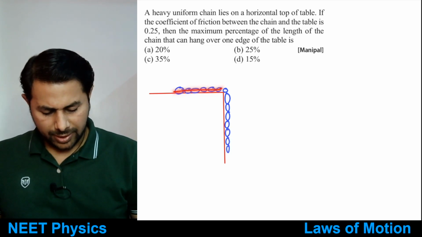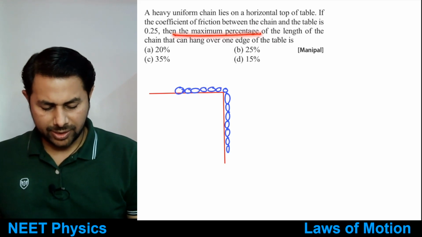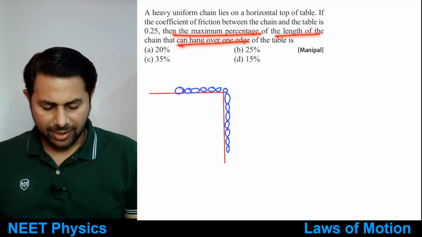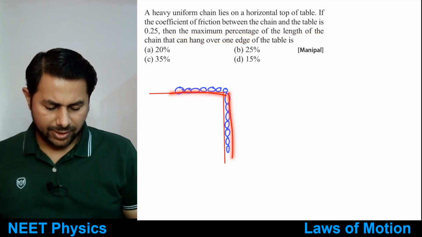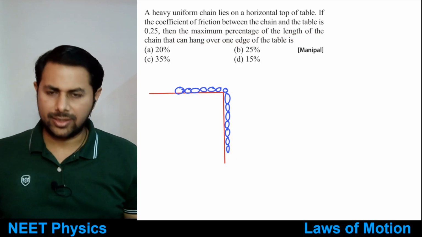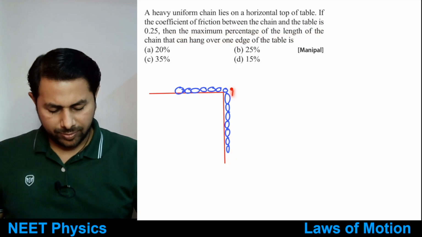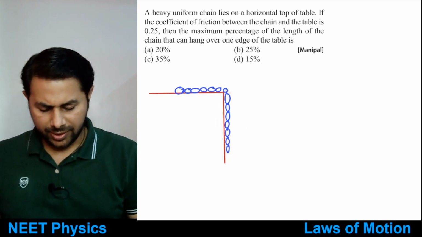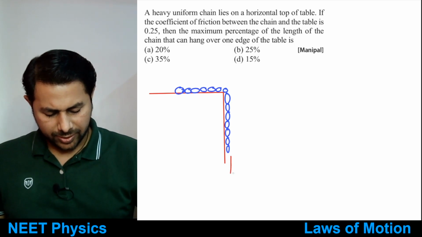Okay, and it's given that this is the maximum percentage of the length of the chain that can hang over one edge. That's why I have drawn this maximum percentage that can hang over one edge. So now what will happen? Because of this hanging part of the chain, there will be a force downwards